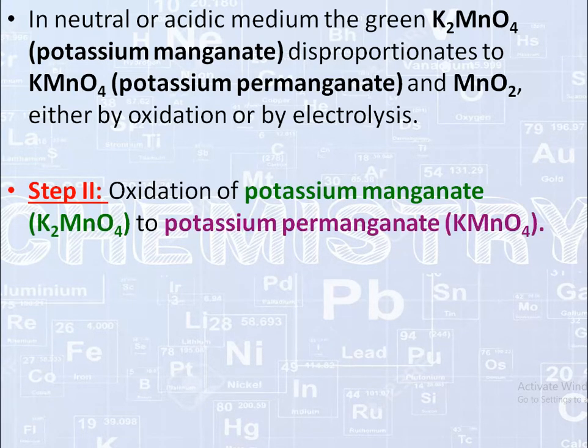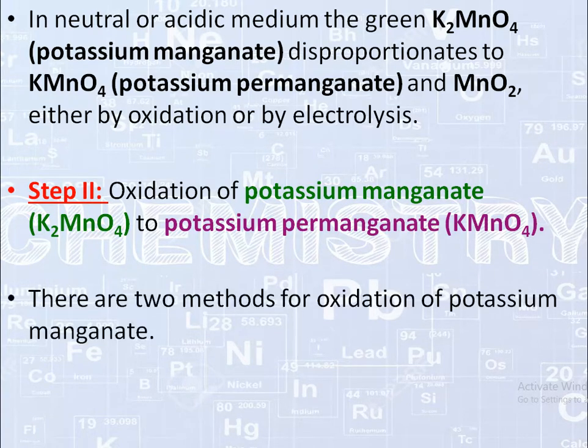So the second step is oxidation of potassium manganate, which is green in color, converted into potassium permanganate, that is KMnO4, which is purplish or black in color. So for the second step,